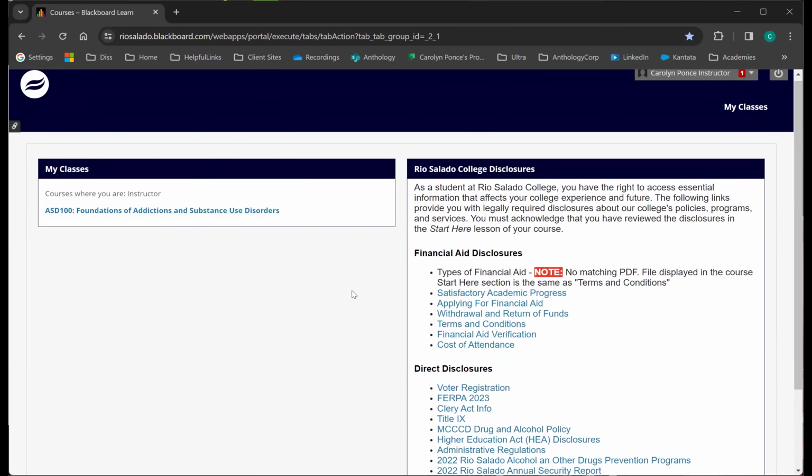Now it's computer tracking, so it's not 100% perfect, but it gives you a good enough idea to know what the student has done in your class. So for example, if they have not clicked on something, it will not show up in this particular report. So just a couple of key reports to look at.